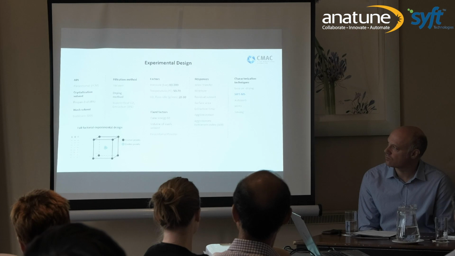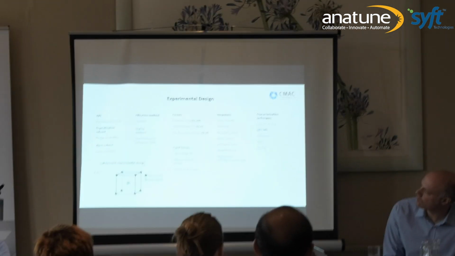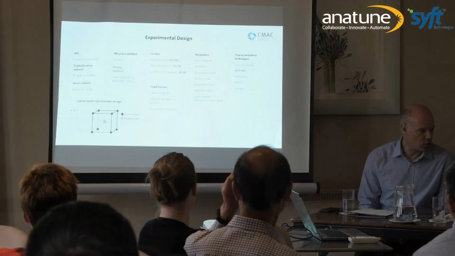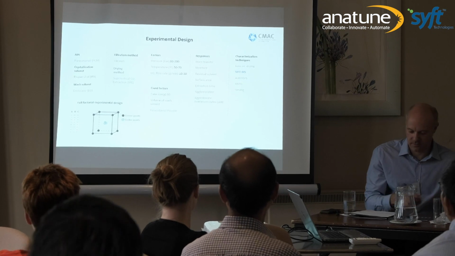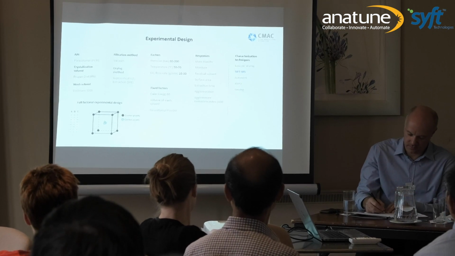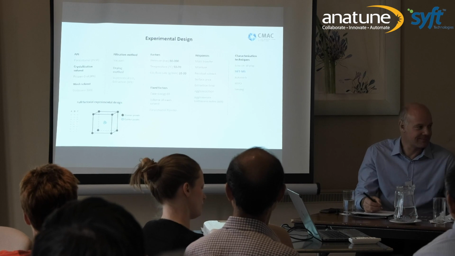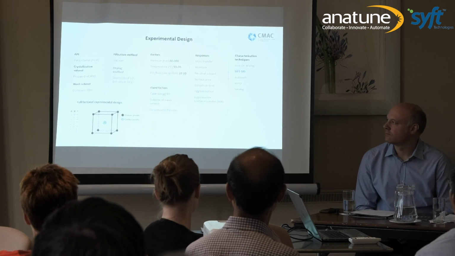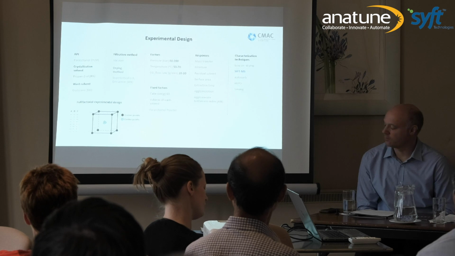Before we started our experiments, we had to design our experimental plan. First we defined our system. We used paracetamol as a model compound, IPA as the crystallization solvent, and dodecane as the wash solvent. Dodecane is the main solvent that we are extracting. It has a high boiling point, 216 degrees Celsius, and it's very difficult to remove with conventional ways of drying. As a filtration method, we chose vacuum because it's widely used in industry, and as a drying method, of course,